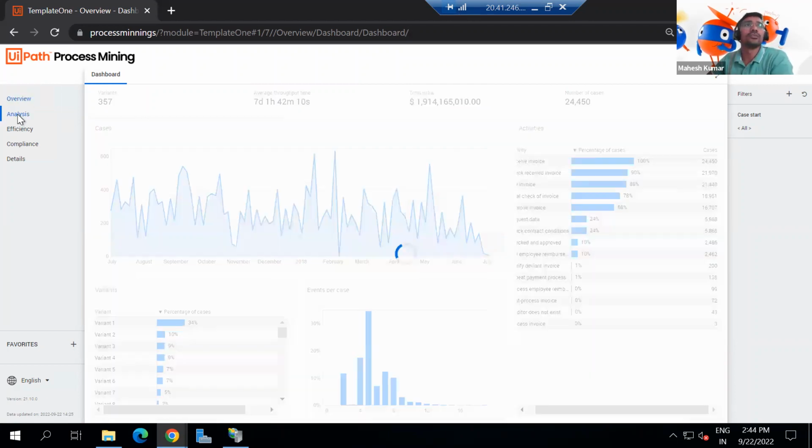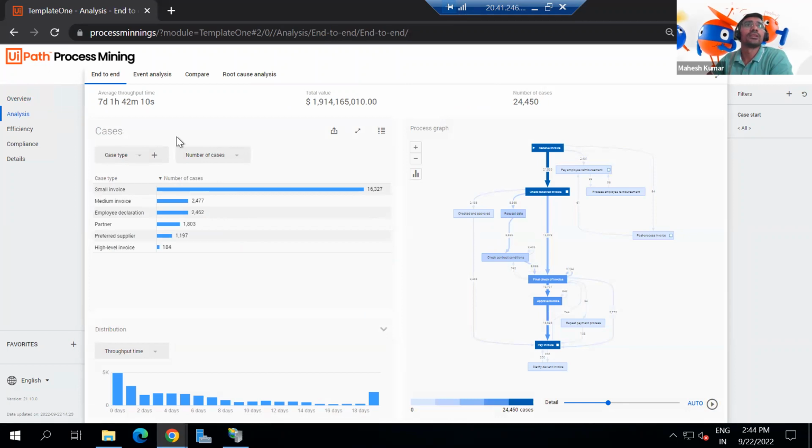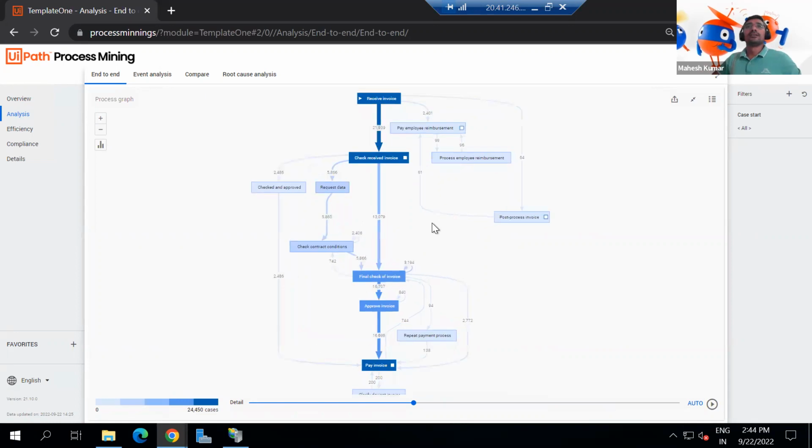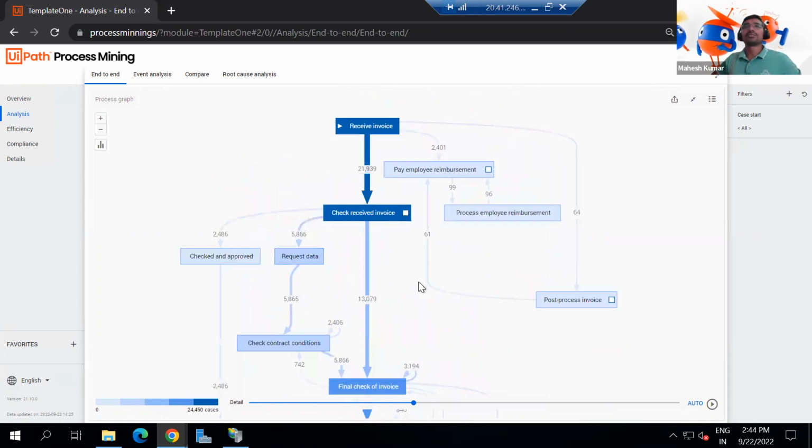That is the overview. If we come to the analysis part, we see different dashboards here. Again, we see how many small invoices, medium-level invoices, and different types of invoices there are. Then this is the process graph. This is what is designed by Tracy, Ismail. So Tracy designed this one, and this one shows